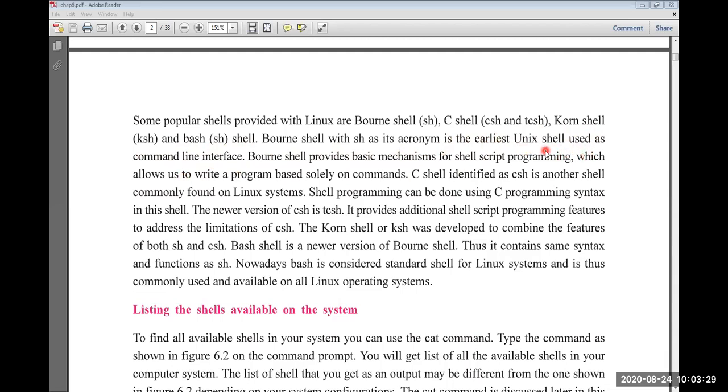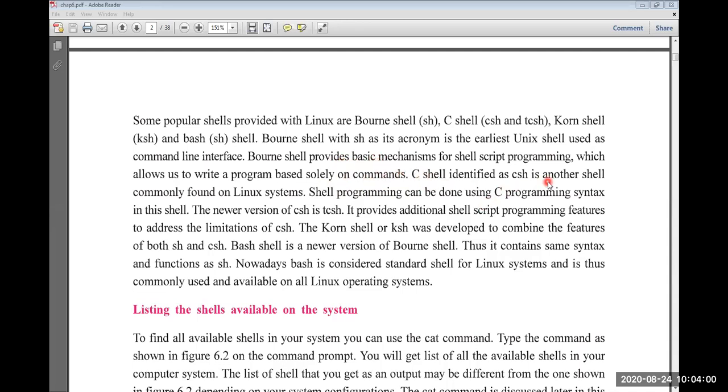It was the very first shell in Unix. It provides a basic mechanism for shell script programming, which allows us to write a program based solely on commands.